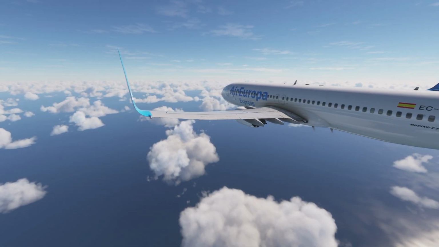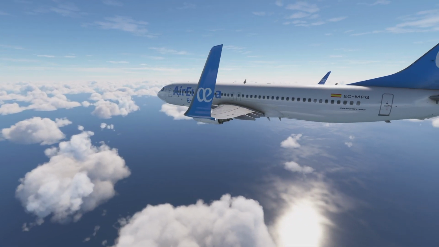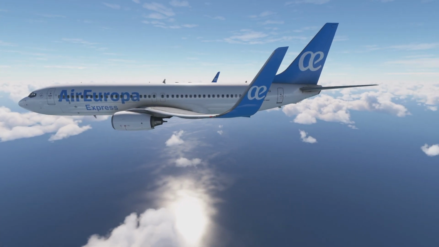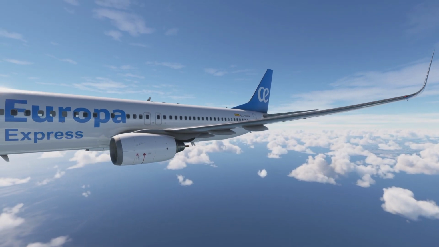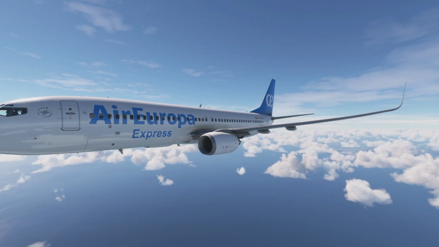But that concludes today's tutorial on VNAV in the PMDG 737-800. Hopefully I've given you a basic grasp of how the systems work within the plane and how we go about